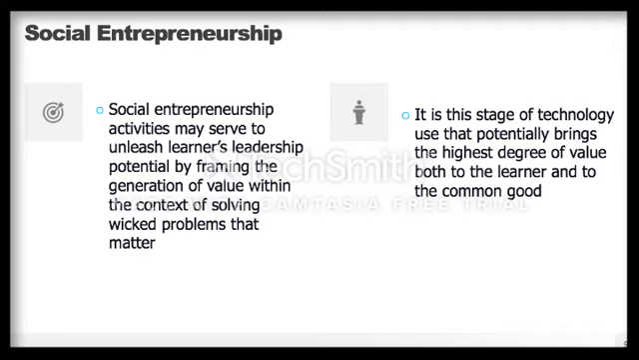The final stage of transcendent technology use is social entrepreneurship. Social entrepreneurship activities may serve to unleash learners' latent leadership potential by framing the generation of value within the context of solving wicked problems that matter. It is this stage of technology use that potentially brings the highest degree of value both to the learner and the common good. This development may accelerate the need for learners to understand how to use coding tools for application,